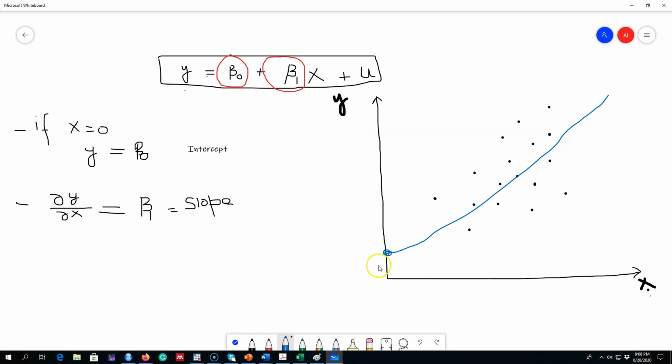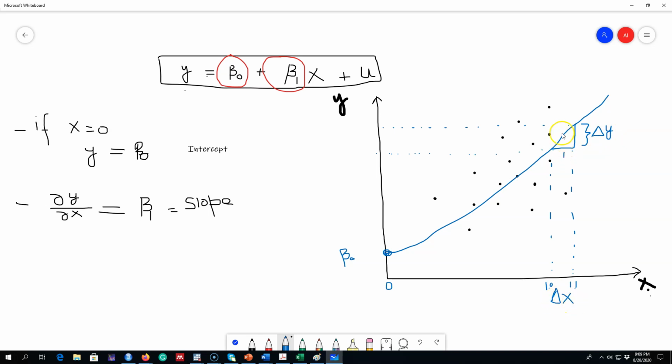So this point is called the intercept. Here the value of x is 0. When x is 0, the value of y is beta 0. The next point is if x changes by 1 unit. So this is a change in x by 1 unit. For example, in the wage example, the education may change from 10 years to 11 years. If we move from this point to this point, what is the impact on this y variable? So what is the impact on y? We know y is going to change by, so this will be the change in y. So delta y, that is the change in y because of delta x if x changes by 1 unit.